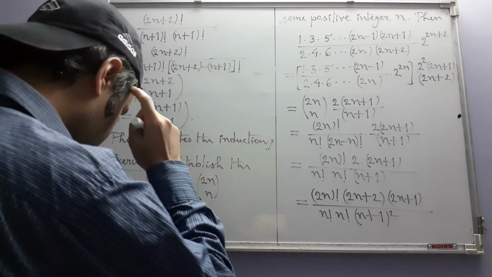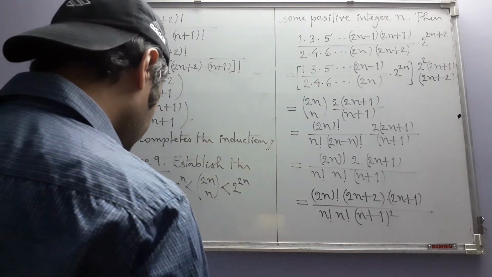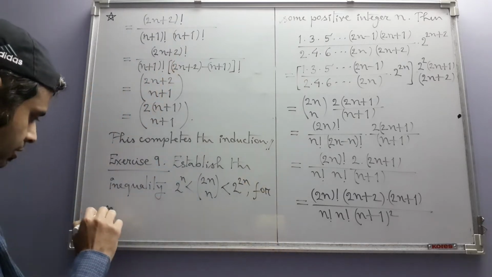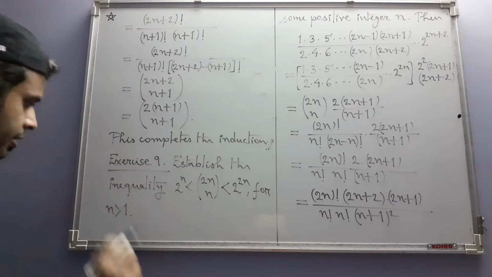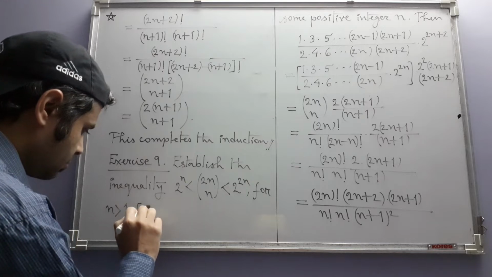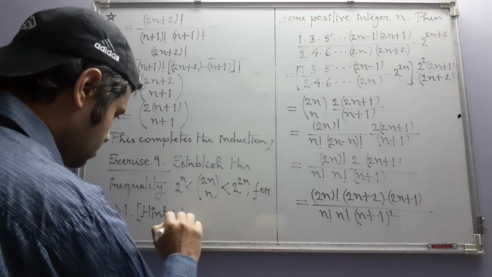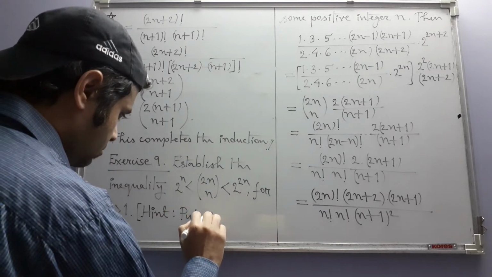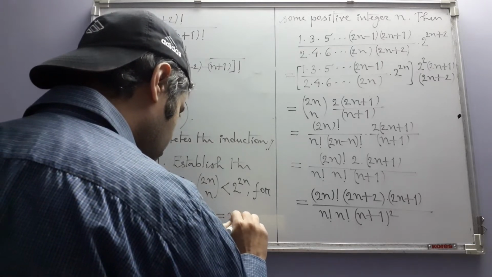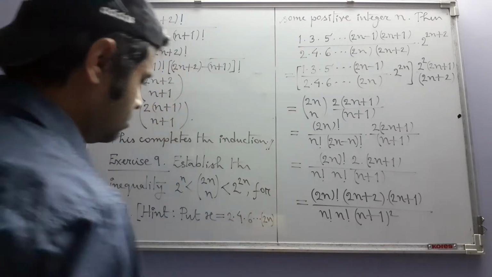Show that n factorial is less than 2 to the power 2n for any integer n strictly greater than 1, and there is a hint also. Put x equal to 2, 4, 6, etc. up to 2n,